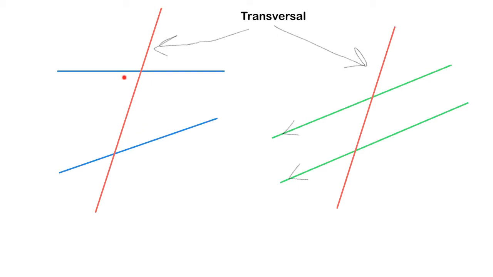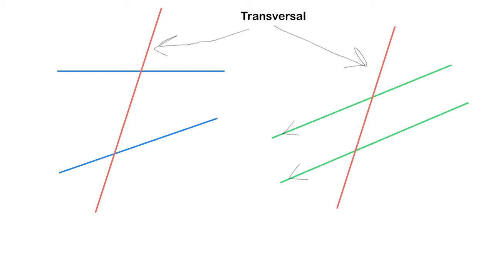All 4 of those are interior because they're inside my 2 lines that are intersecting the transversal. Likewise, this and this would be exterior angles, and this would be exterior angles. They're sort of above and below my 2 lines, where these 4 are my interior ones. So alternate interior angles are just a pair of angles that are on the inside, but on opposite sides of